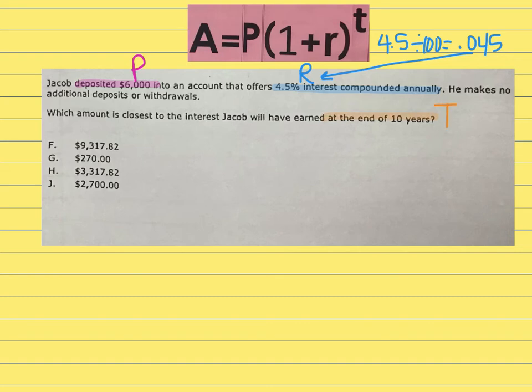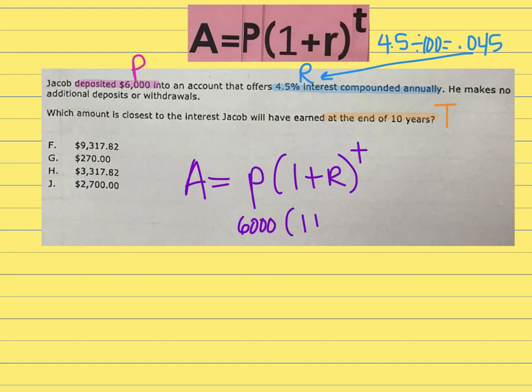Okay, I can now write my formula. Since I know it's compounded annually, the formula is A equals P(1 + R)^T, with T as an exponent. Letter P was $6,000, so 6,000 times (1 plus my interest rate, once I converted it to a decimal, was 0.045), and T, time in years, is 10. So 10 is my exponent. I'm going to say A equals. When I type all that in my calculator, I get